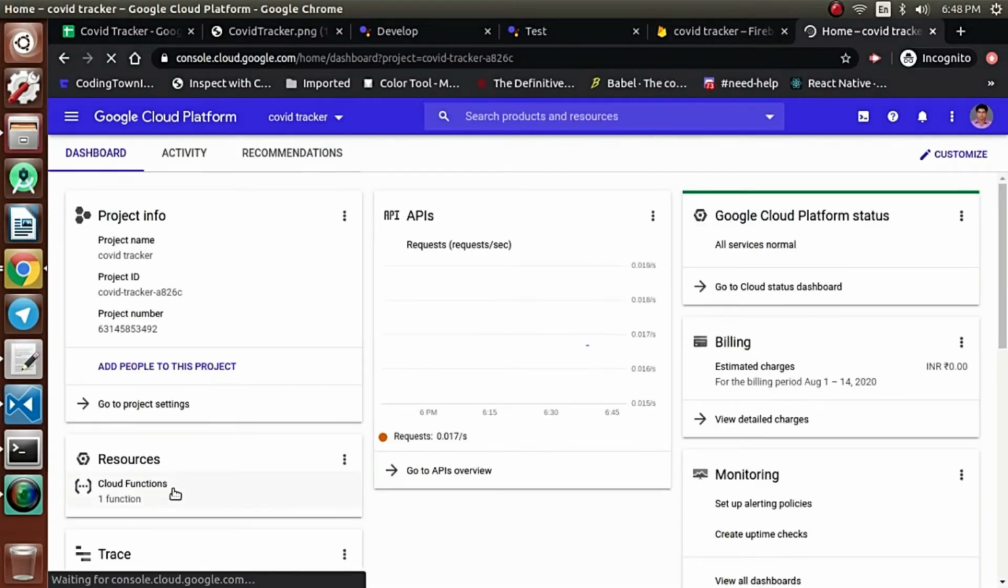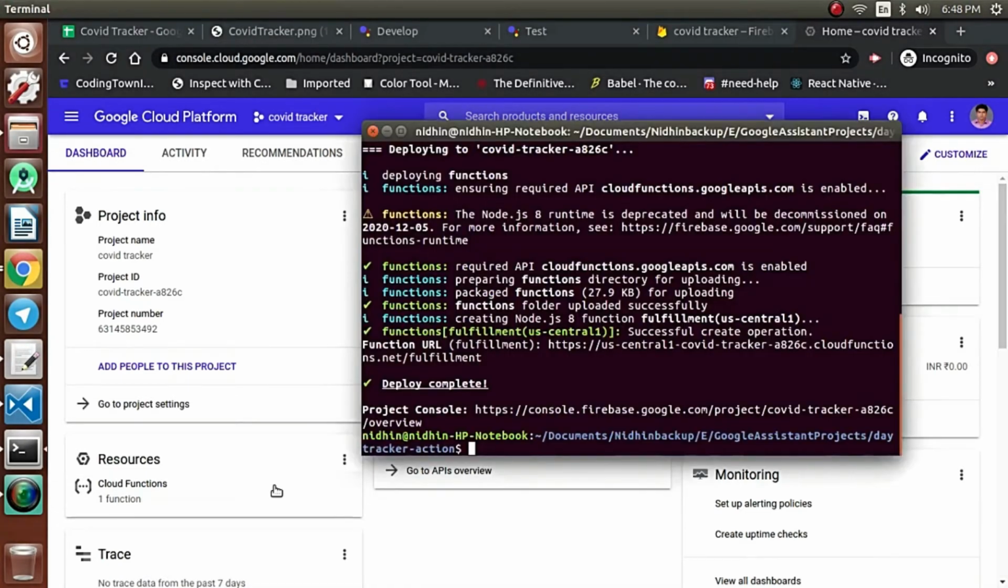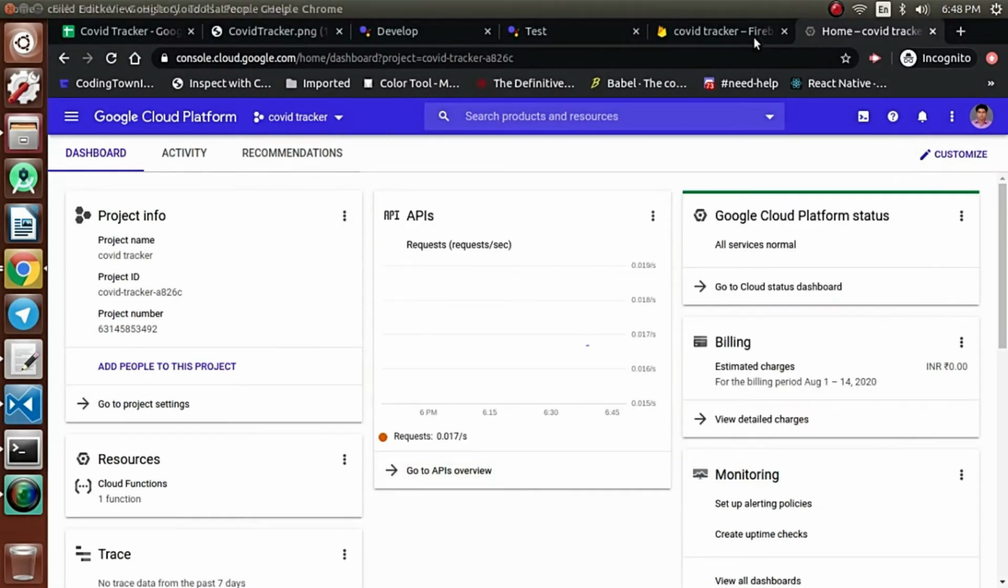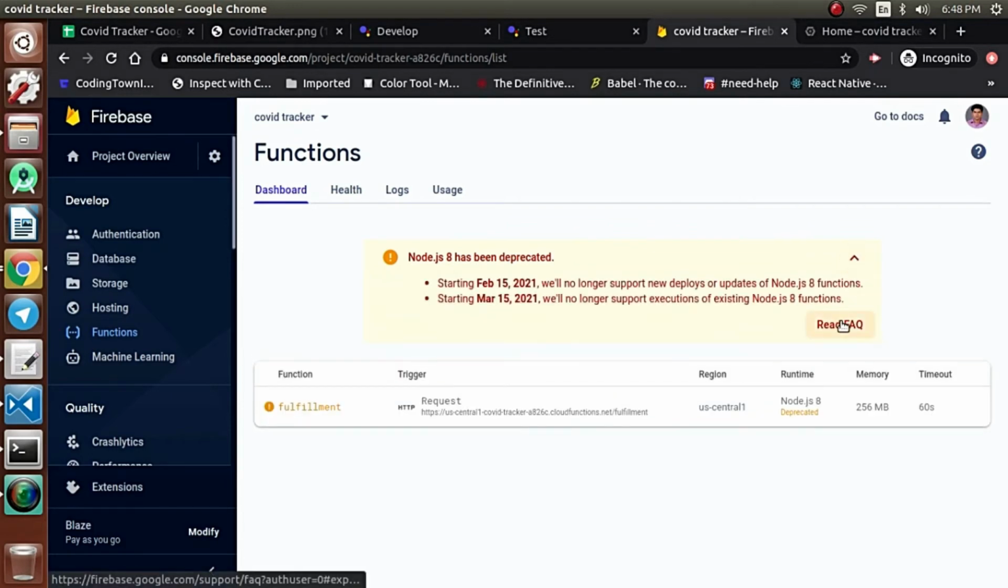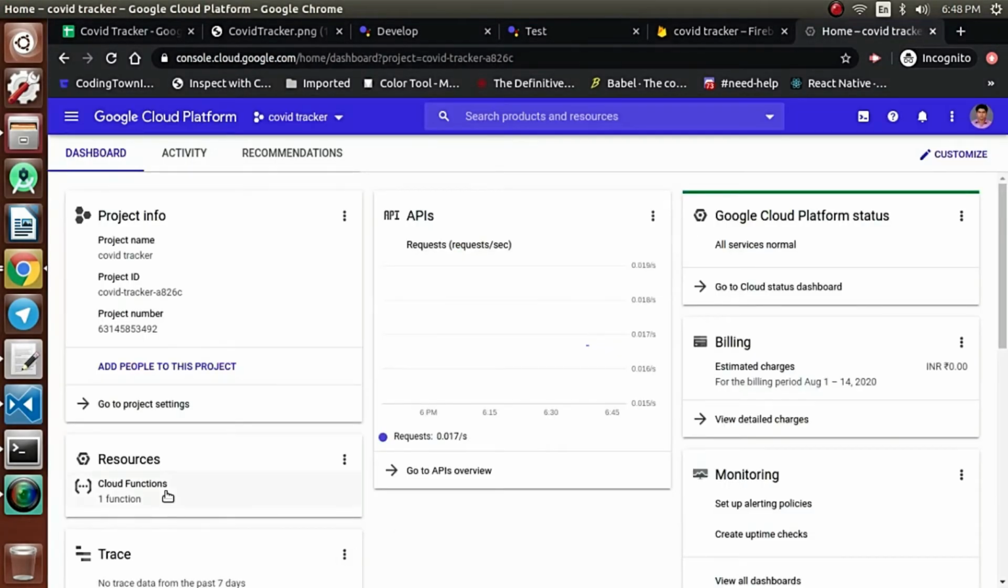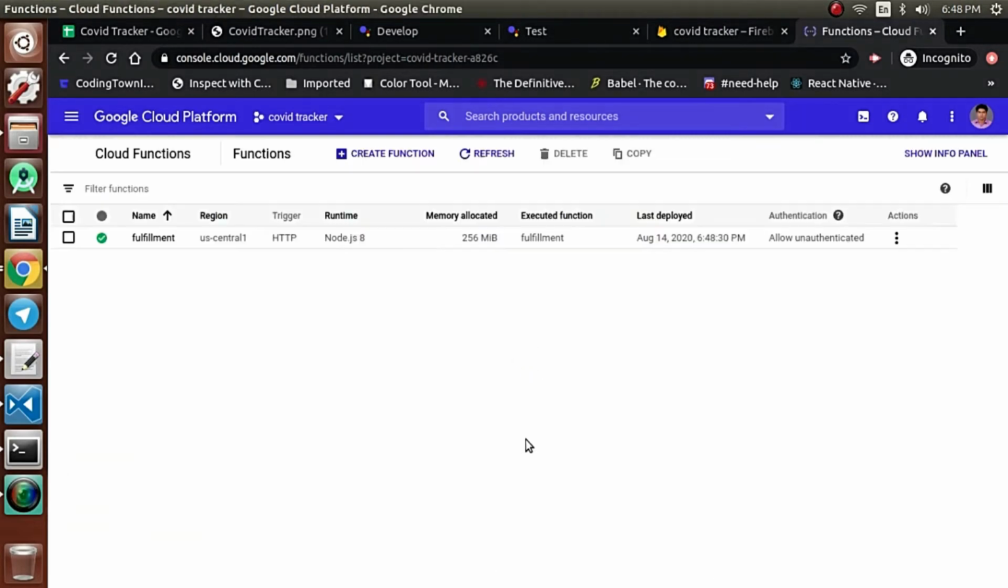So if you notice here, the cloud function which we have created has been added. We'll check whether it's been added here also. It says that Node 8 has been deprecated, so we'll check that option in the GCP console. Now if you see here, the function which we have added is available in the Google Cloud